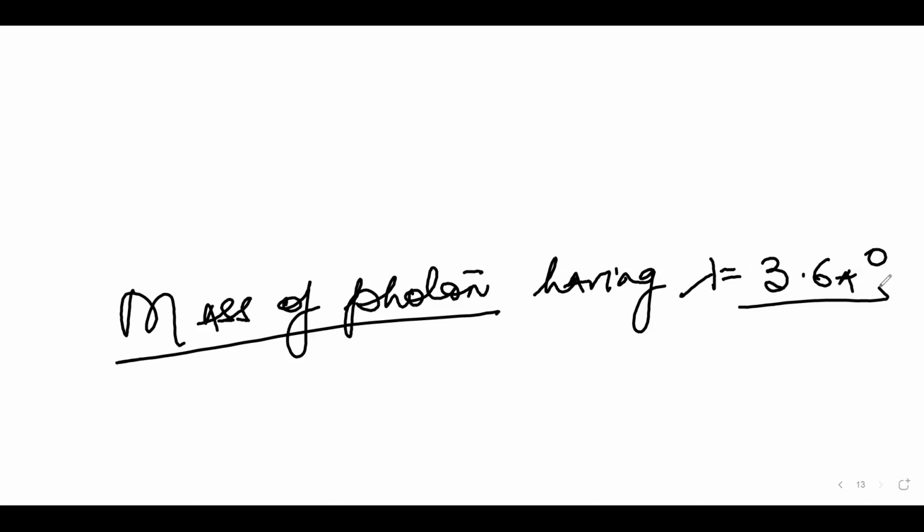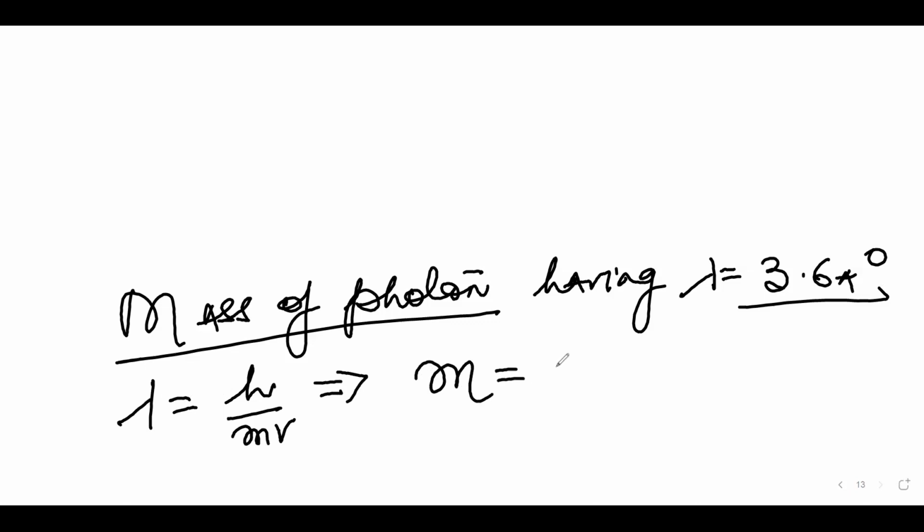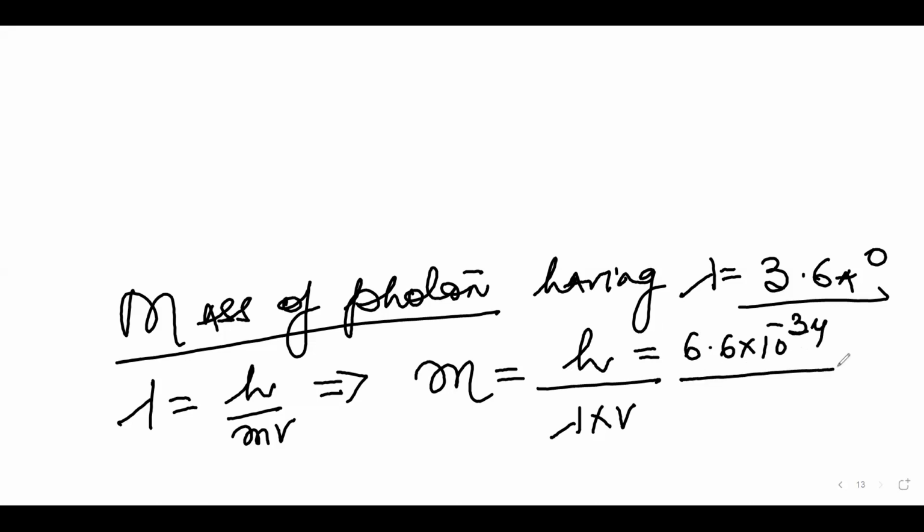So what will be the velocity? Velocity, 3 into 10 power 9. So lambda is equal to H by mv. मुझे निकालना है mass, तो mass becomes H over lambda into V. H is 6.6 into 10 raised to power minus 34. Lambda कितना है? 3.6 into 10 raised to power minus 10, because 1 angstrom is equal to 10 raised to power minus 10